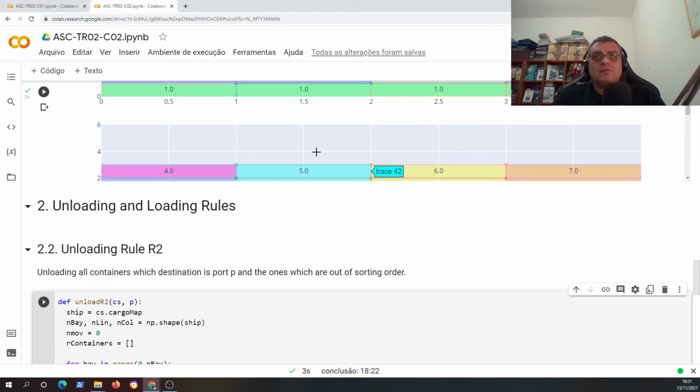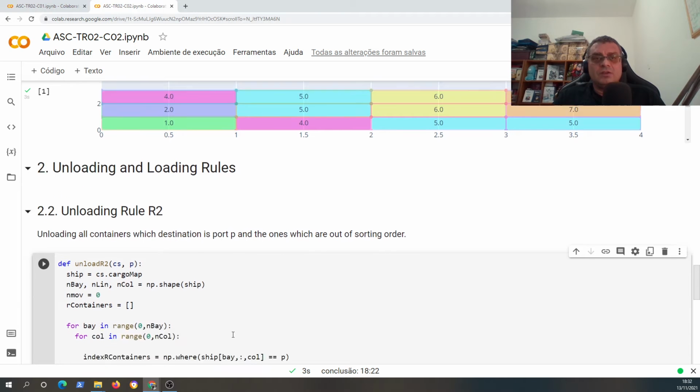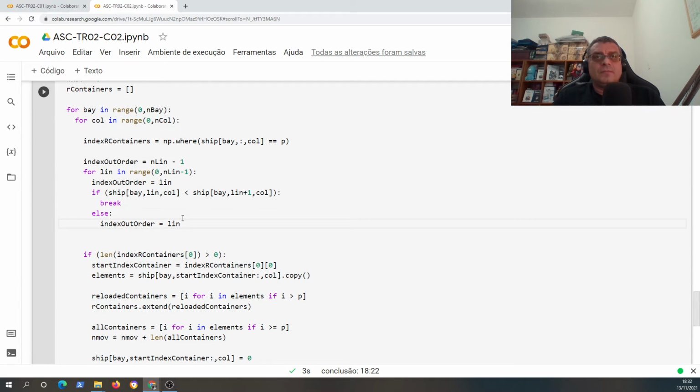Okay, so suppose that we are in this last element, maybe we don't need to remove any component or to rearrange any component here. So this will be the last element, and maybe it is not necessary any kind of rearrangement in this stack, right? So what we can do here,